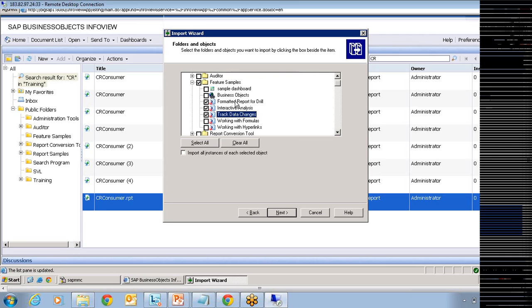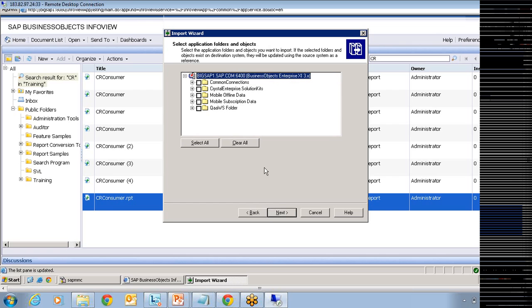And then along with these reports, if you want any instances, that is, if you have a scheduled instance in Dev Machine, you can also move those instances. But no one wants to move the instances because the data you see in Dev Machine is not production database data. But if you want any instances, you can also select this option. Along with the reports you have chosen, the related instances are also moved to your production machine. Click on next.